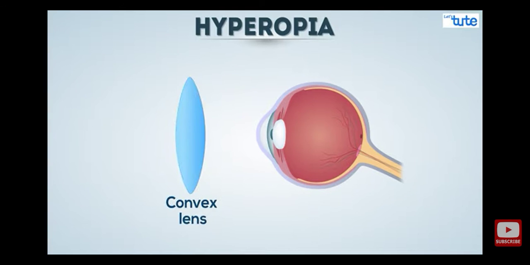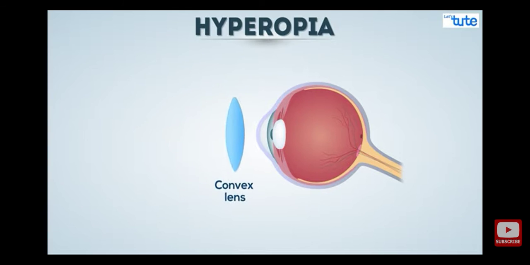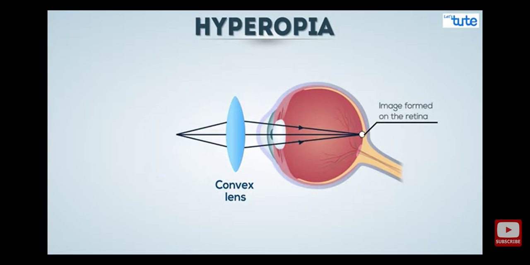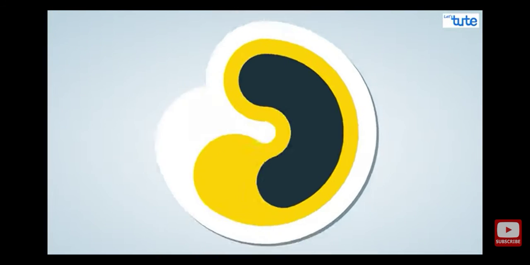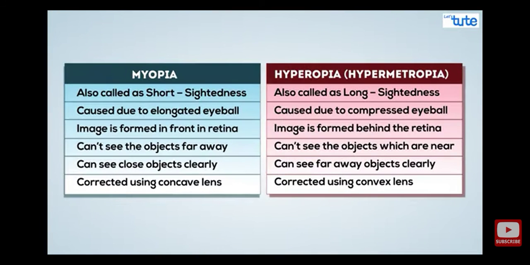A convex lens is a lens that possesses at least one surface that curves outwards and is thicker at its center when compared to its edges. It is a converging lens, meaning that it merges light rays that have been refracted through it. Well, let us see in brief what we have just learned. This is a chart that explains what is the difference